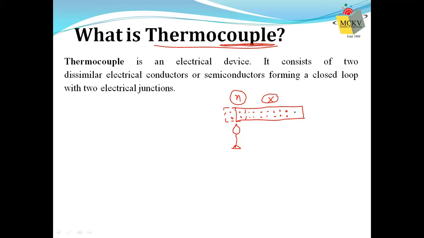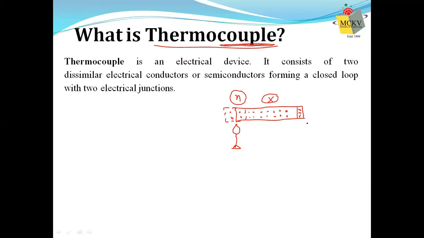Am I right? As compared to this side, which is cooler, there will be more electrons per unit volume because this has not expanded. This region has expanded. Say for example, in a room there are 10 people. So the number density is the number of people divided by the volume of the room. If I am heating this side, I am increasing the volume. So if the volume of the room increases, then the same number of people are there, but with an increased volume. That is, here the density of electrons would reduce on the hotter end. And the density of the electrons at the cold end is larger as compared to this.